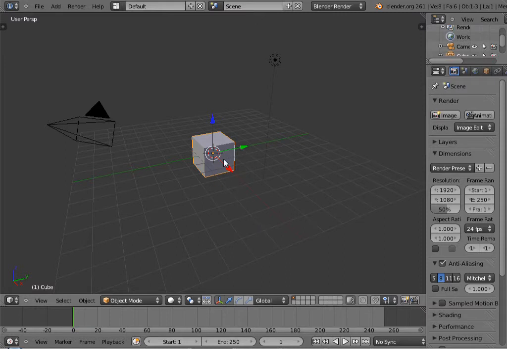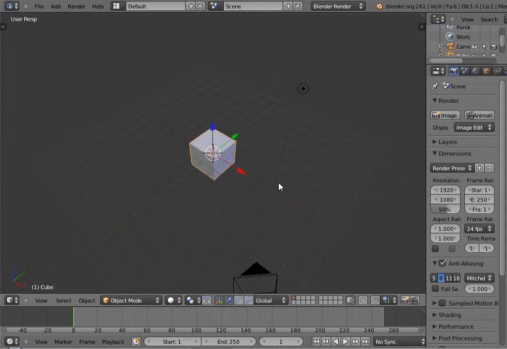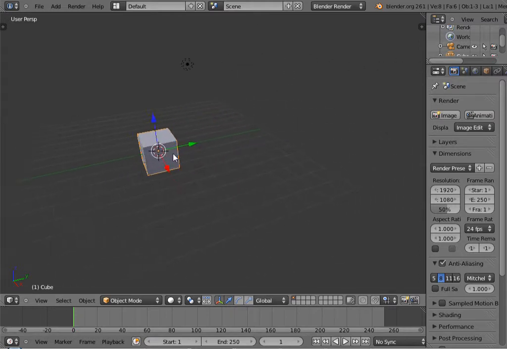We've got the X, the Y and the Z axis. I'm not going to go into explaining too much of this, but to move around you hold in the middle mouse button or your mouse wheel and you move left to right, up and down, and you get this nifty 3D motion. And if you want to pan, you hold in Shift and do the same, and you move up,